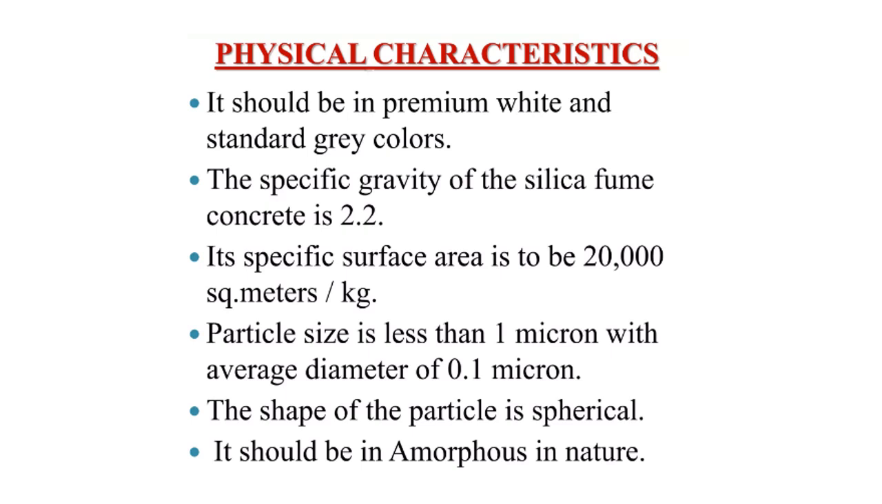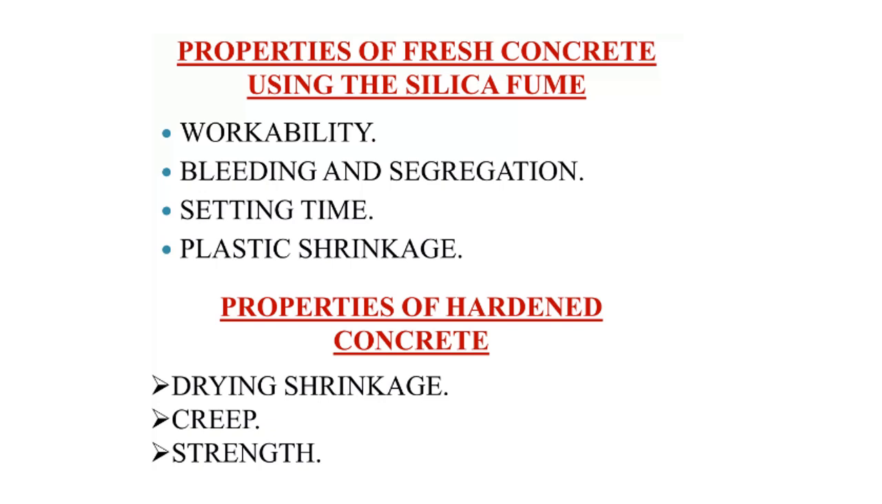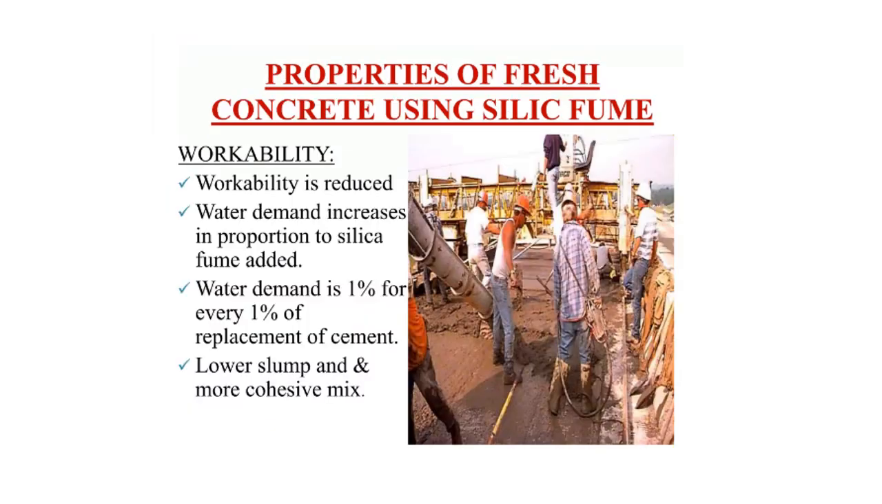The specific gravity of silica fume is 2.2. Its specific surface area is 20,000 square meter per kg. Particle size is less than 1 micron with an average diameter of 0.1 micron. The shape of the particle is spherical. It is amorphous. Properties in fresh concrete: workability, bleeding and segregation, setting time, plastic shrinkage. It will affect the drying shrinkage, creep,